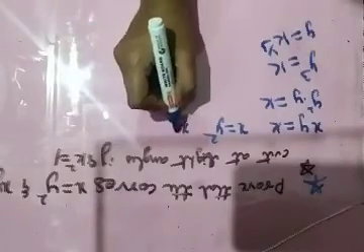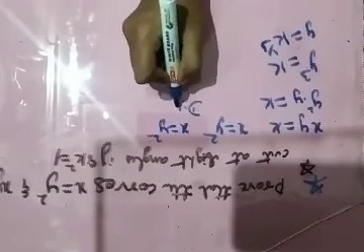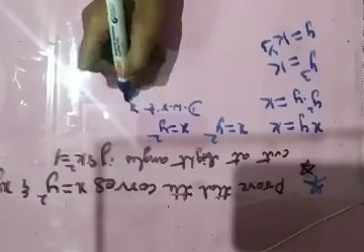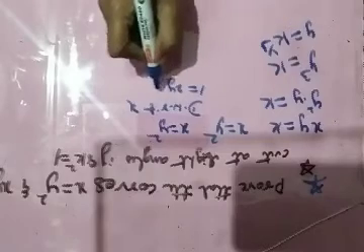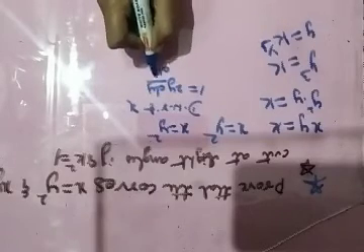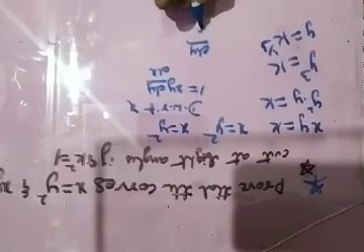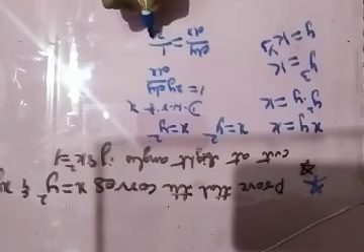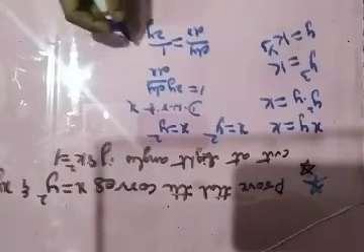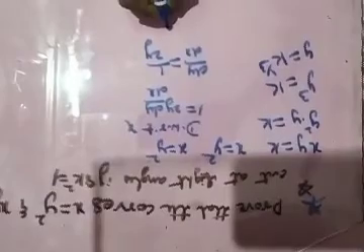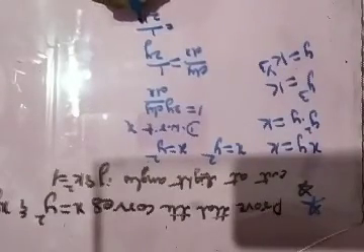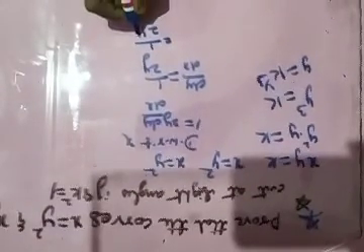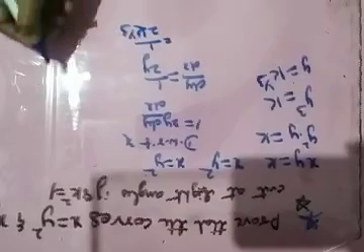Now consider the equation x is equal to y square. Differentiate with respect to x. 1 is equal to 2y into dy by dx. So dy by dx is equal to 1 by 2y. 1 by 2y can be written as 1 by 2 into k raised to 1 by 3.